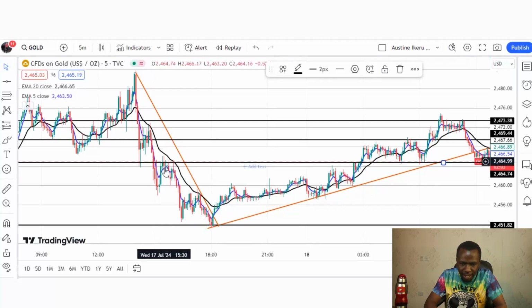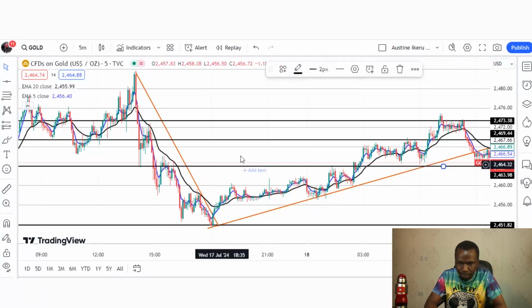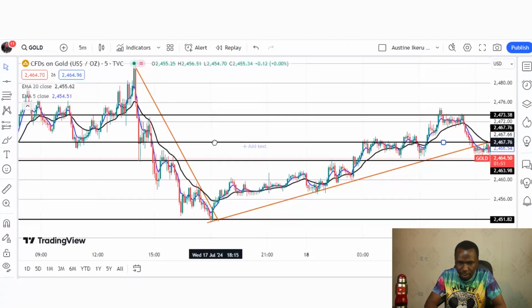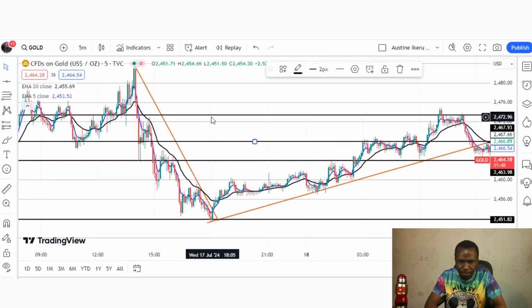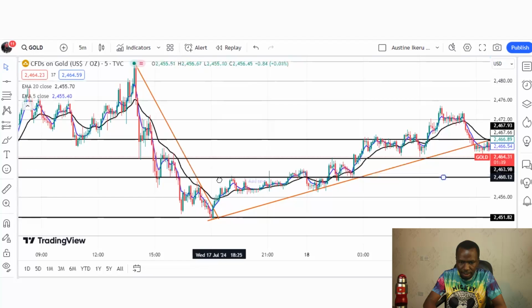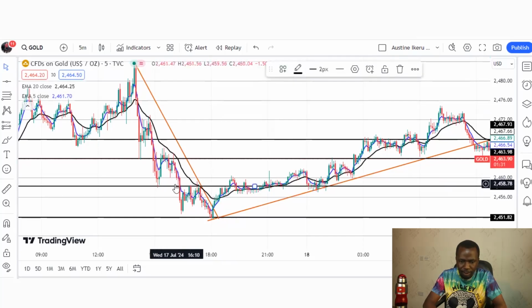So we wait for this red candle to close, and then we place a sell trade at the close of that red candle, and our stop loss will still be above the 20 EMA. So our stop loss will be somewhere here above the 20 EMA. Then we cannot target this swing low as our take profit, because that is where we are hoping the price might reverse from, right? So we target this swing low as our take profit.